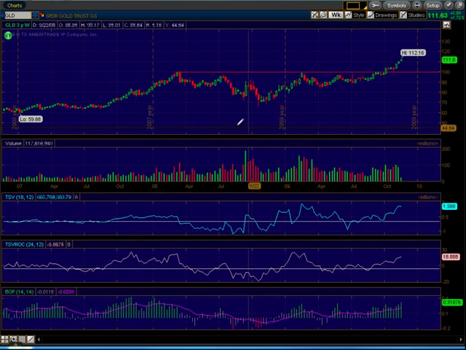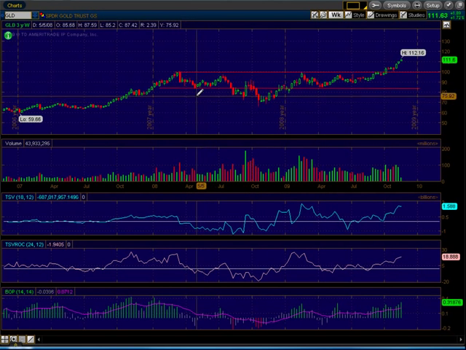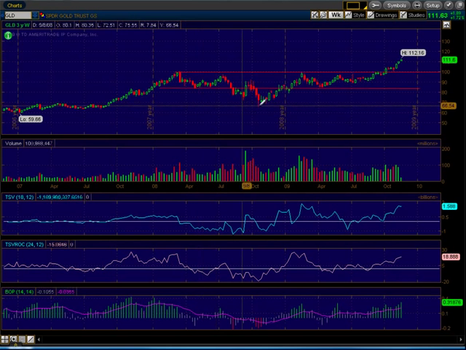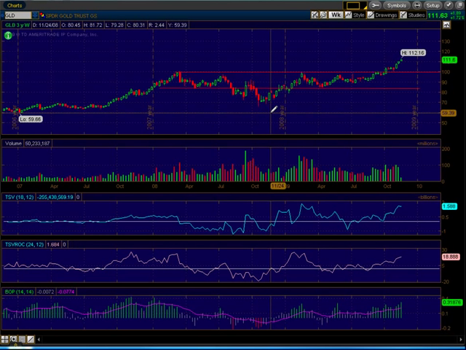So, first of all, what we have here is a sideways pattern. There were a few areas where you can see there's some obvious support that created this kind of a channel. Obviously, this area here was the bottom. So, how do we know that this was going to break out,